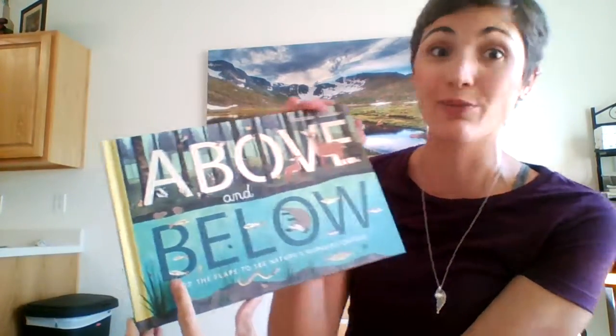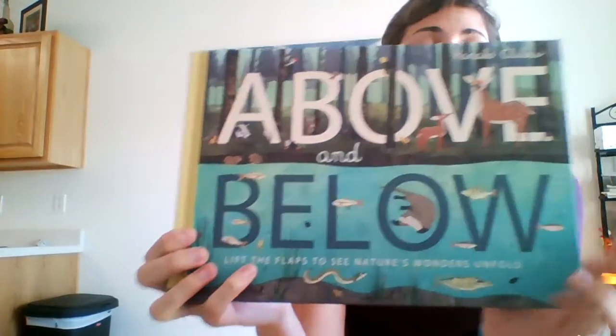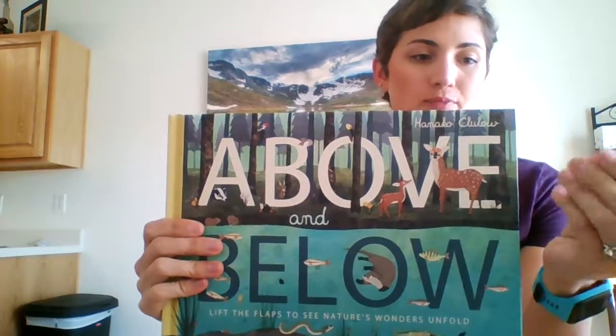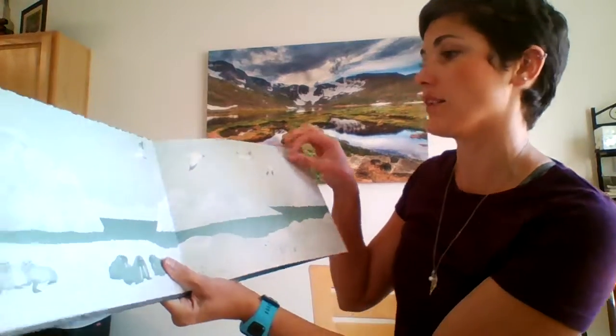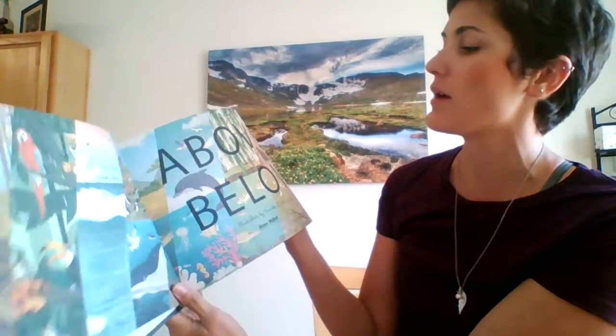All right, Above and Below. I really like this one. It is just beautiful. It's a really beautiful book, very aesthetically pleasing. The cover is like this cool texture. This book is $13.99, and there is a lot of earth science in this. Lots and lots. So each page is kind of a different habitat, an ecosystem, and